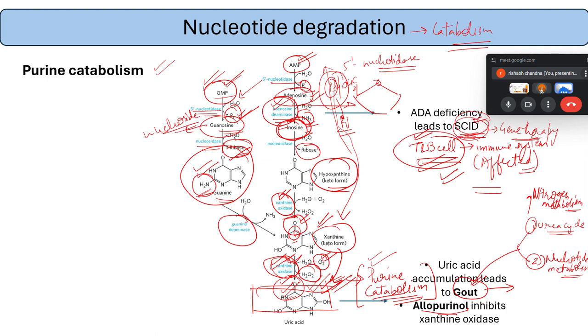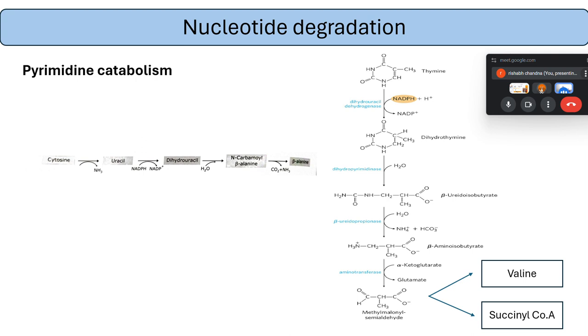So is this pathway clear? Yes, sir. Okay, now moving on to pyrimidine catabolism. In pyrimidine catabolism, we have two kinds of pathway. One is for thymine, and the other one is for cytosine. So, first we'll see the cytosine one. Similar to guanine and adenine, first the amino component of the cytosine is removed using a cytosine deaminase,